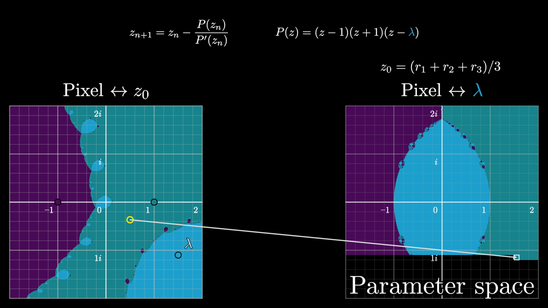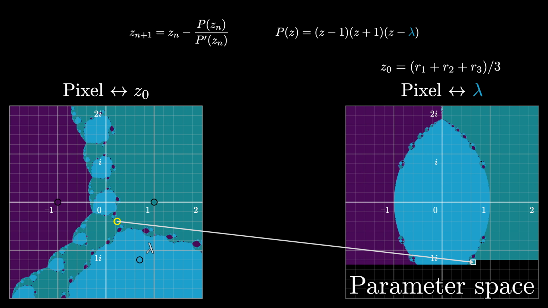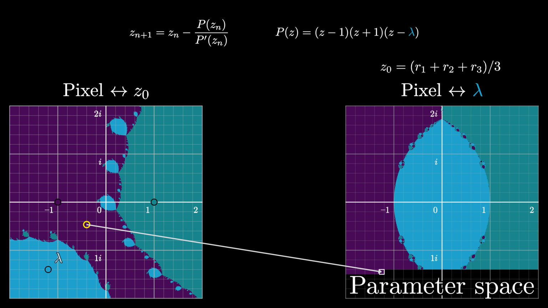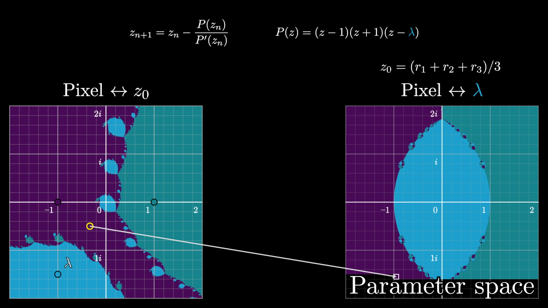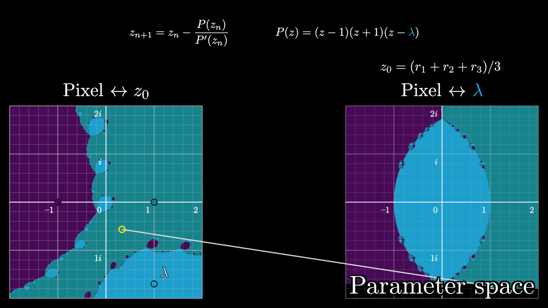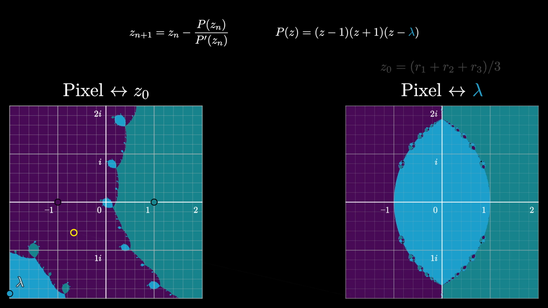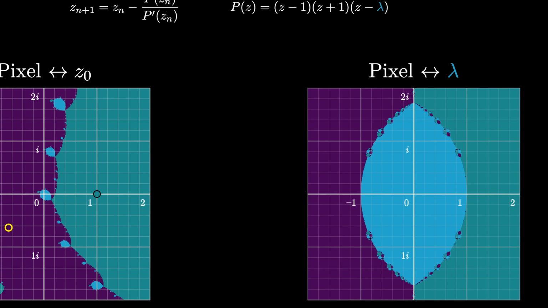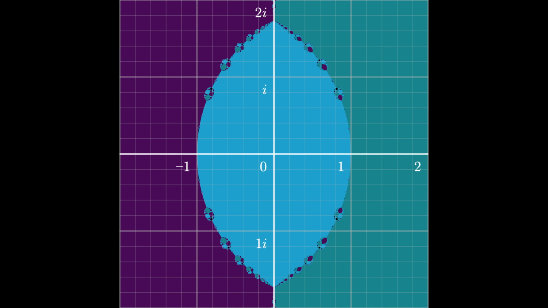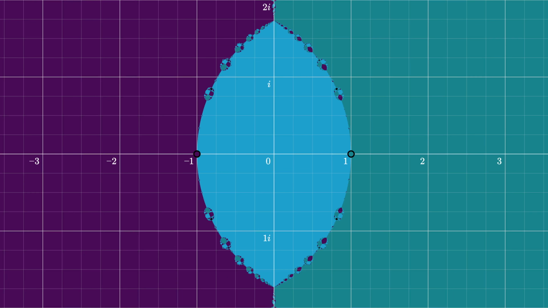Points in this parameter space are colored black if, and only if, the Newton's method process for the corresponding polynomial produces an attracting cycle. Again, don't worry if that takes a little moment to digest. Now, at first glance, it might not look like there are any black points at all on this diagram. And this is good news. It means that in most cases, Newton's method will not get sucked into cycles like this.